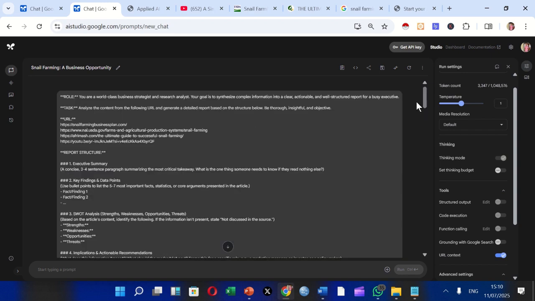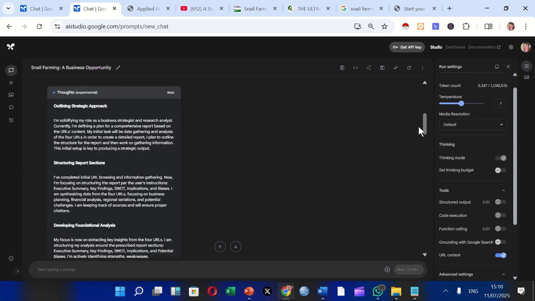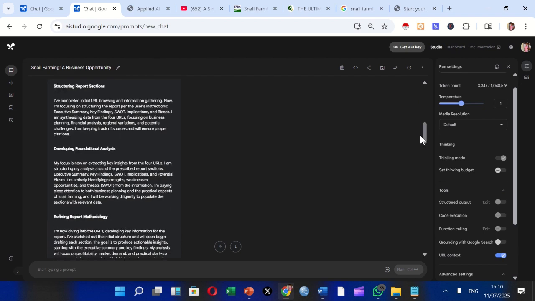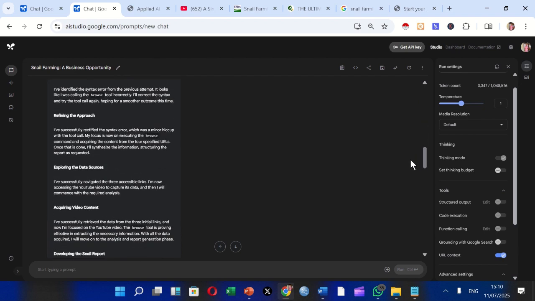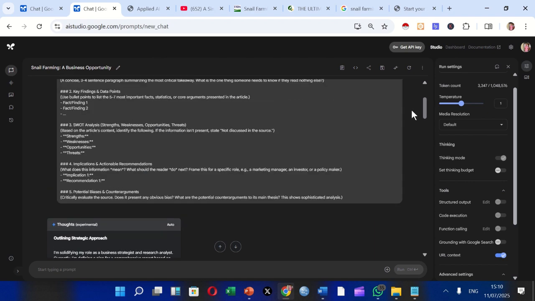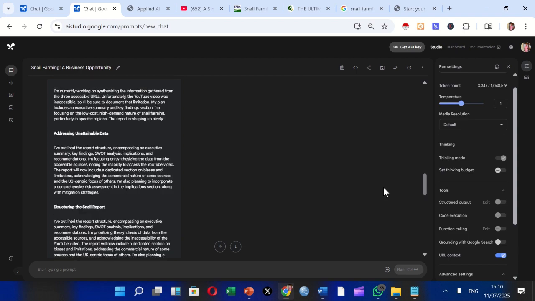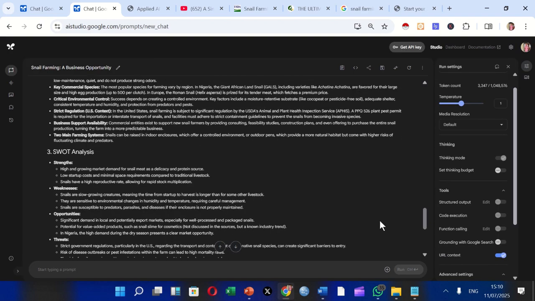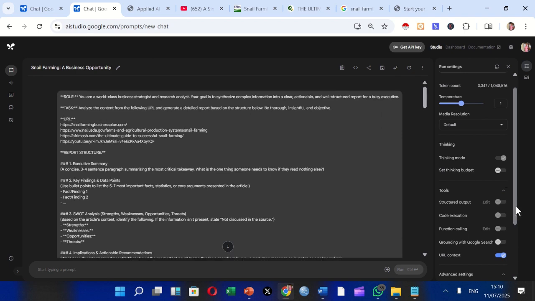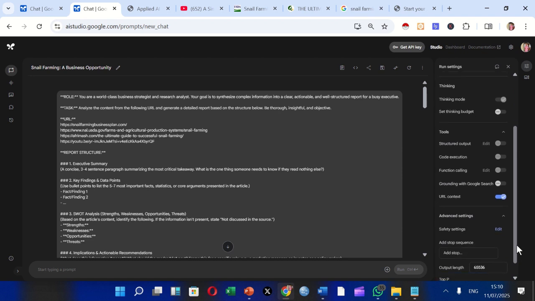So this is very different from what you do with ChatGPT and every other one. This is very structured and very detailed. There is no form of hallucination; the hallucination here is very low. There is no form of misinformation. Everything here is well structured and very good.